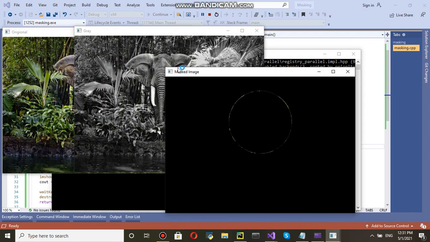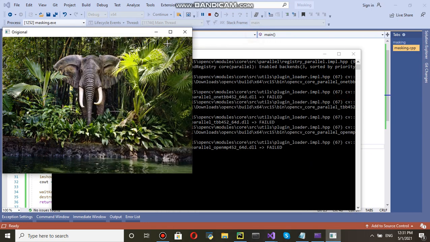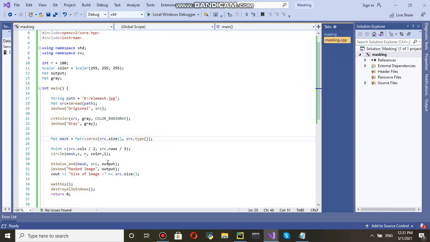So see, in the masked image only this line is coming, right? And here you can see size is 600 into 433.